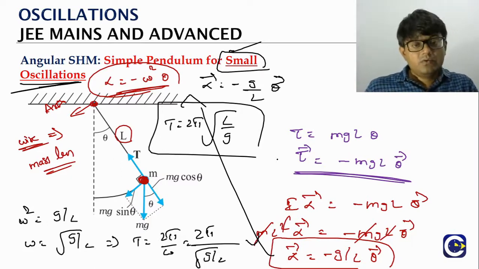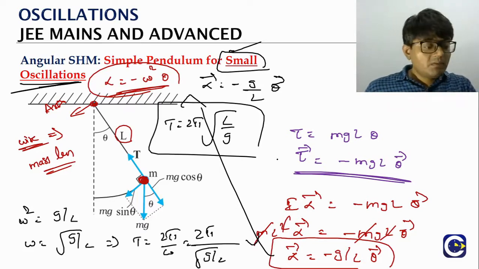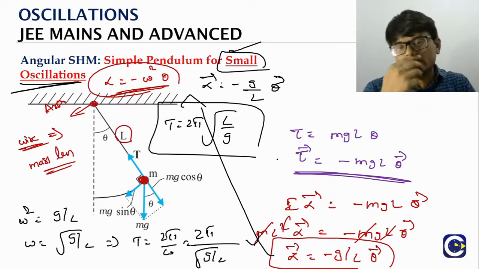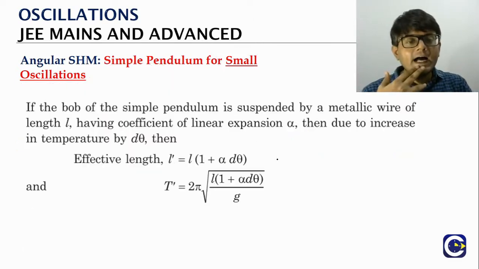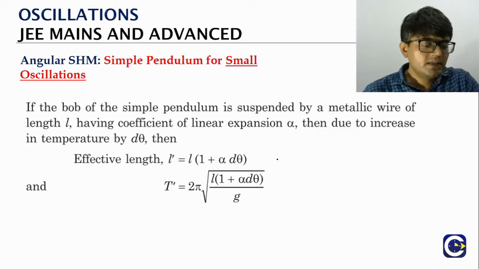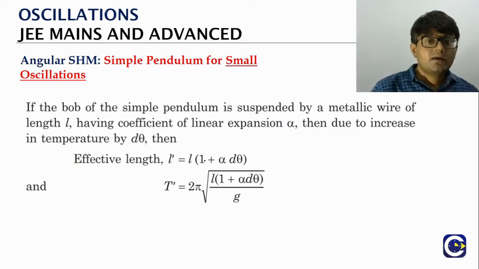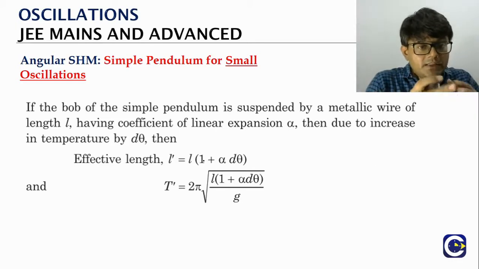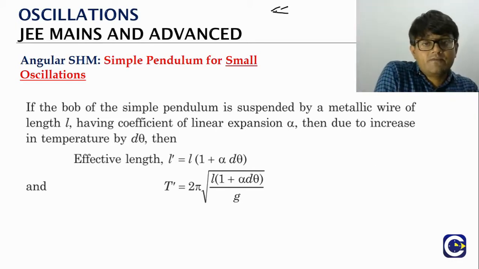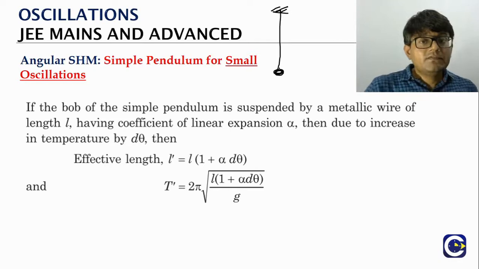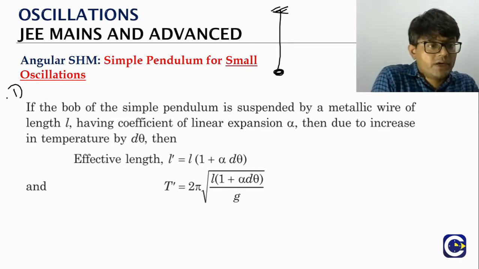Now, most of this is very fundamental stuff. But where do we get questions from? We'll usually get questions from the modifications of the simple pendulum example. How do we modify? Think of it. If you look at it, we have a fixed point from which we have a wire and a bob. Simple pendulum setup. So this is the first modification we are going to look at.